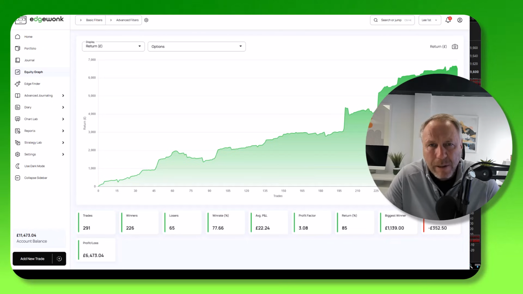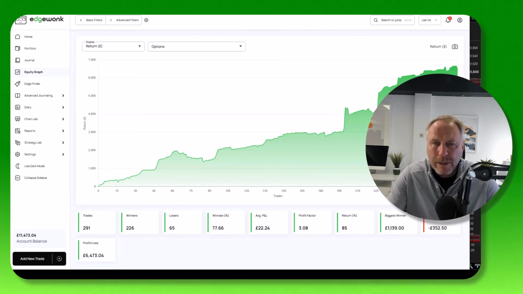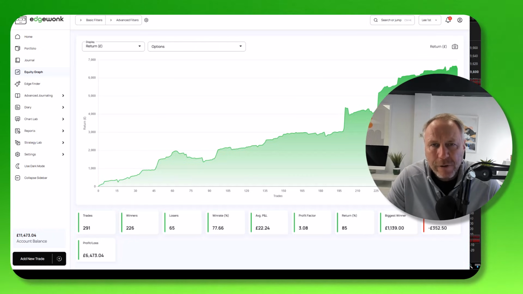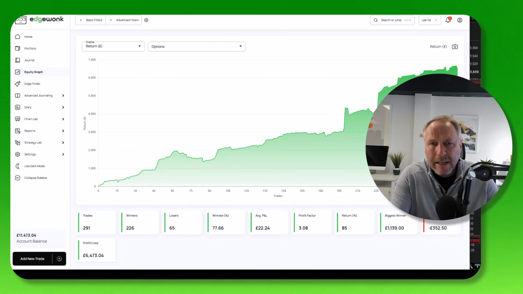How can you stop having that big losing trade? Your equity curve, your account is growing really nicely, then suddenly that one trade that gives back all of the profits that you've made over the last month or so. It's painful, it's disappointing. What can I do to help you prevent you doing that again?